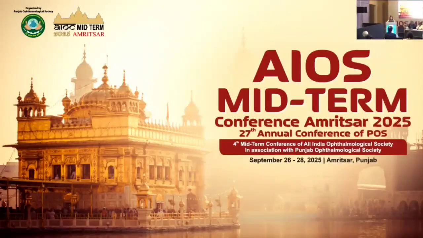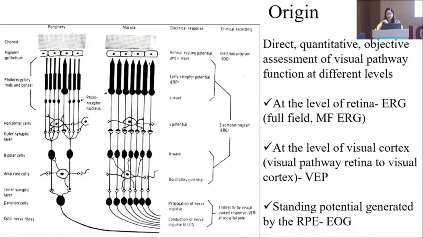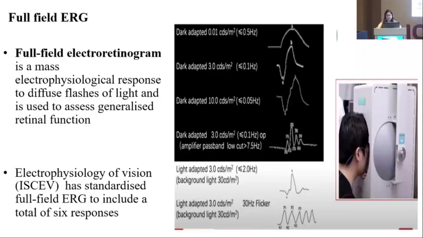Good afternoon. I'll be talking on basics of electrophysiology. Direct quantitative objective assessment of the visual pathway at different levels. ERG is at the level of the retina, VEP at the level of visual cortex, and EOG at the level of RPE. Full field electroretinogram is a mass electrophysiological response to diffuse flashes of light, and it is used to assess